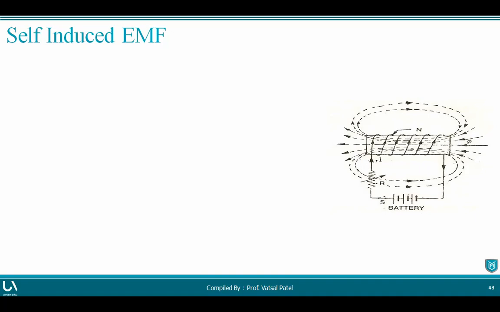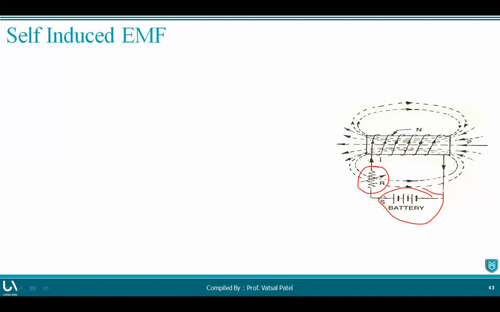See, in this representation of the diagram you have one source, and one resistance which is variable. This is a magnetic core, and on the magnetic core a number of conductors are wound, that is, a number of turns or a coil. Now when you supply the voltage from this battery source, the current will start to flow through the number of turns, and at that time the mmf, or the flux, will be produced.